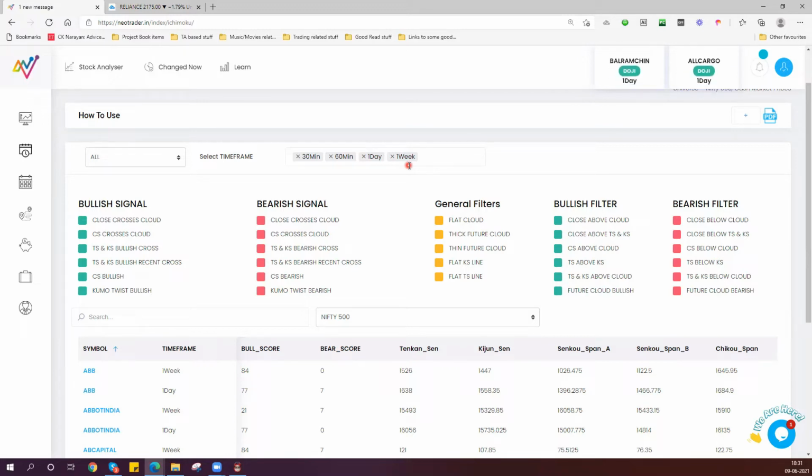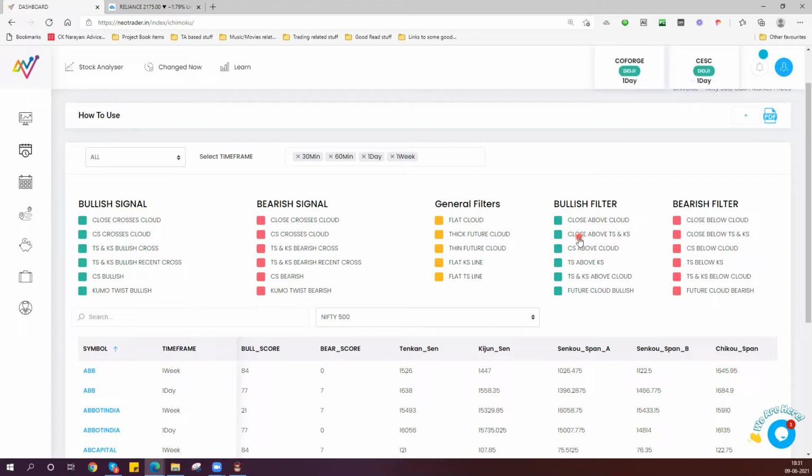So now, if you take the bullish status, here we have described 6 bullish status. Similarly, there are 6 bearish status. So what are they? Close above the cloud. That means prices should be above the cloud. That is bullish. Vice versa, close below the cloud is bearish. So each will be the antithesis of the earlier one.